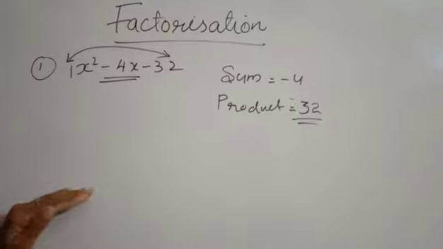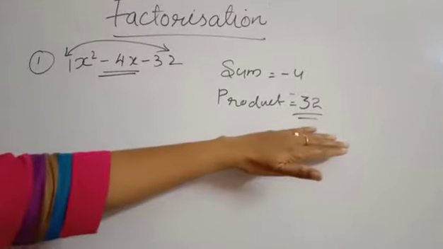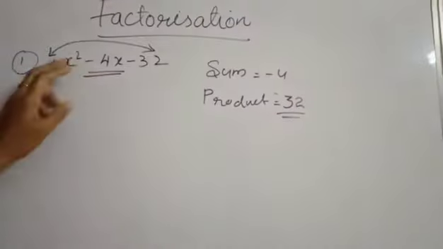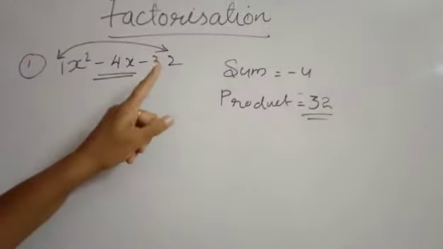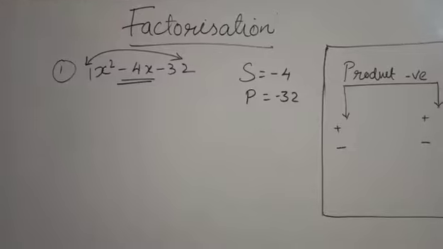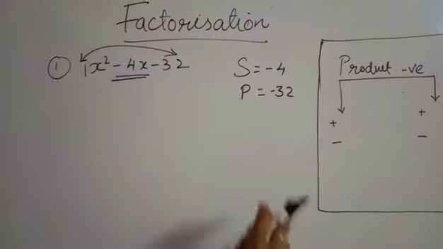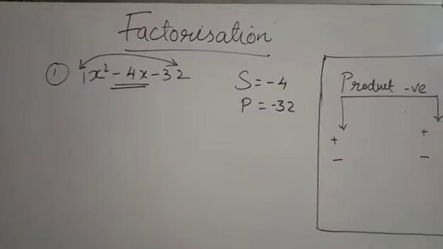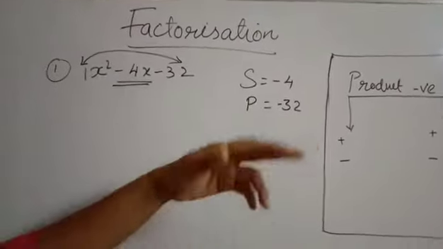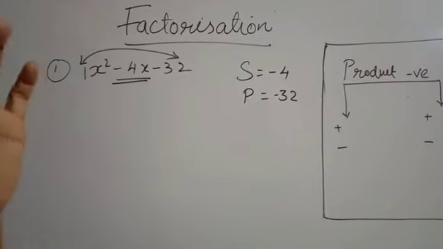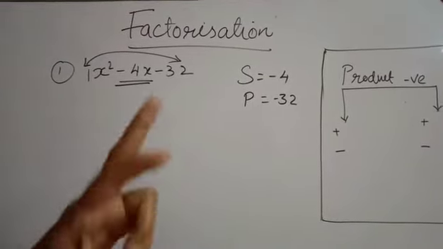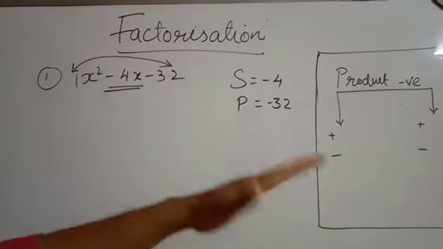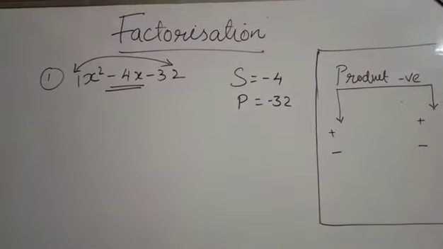Now what you need to do is split this minus 32 into two terms such that when you are adding those two terms, you must get minus 4, and when you are multiplying those two terms, you must get minus 32. Here I need to explain a special rule. When the product is negative, what are the signs of the numbers which we get? Whenever you multiply and you get the product as a negative term, it is sure that both the terms are of opposite sign. That is, one number will be positive, one number will be negative, since the product of a positive and a negative number will be negative. This is what you have to remember.